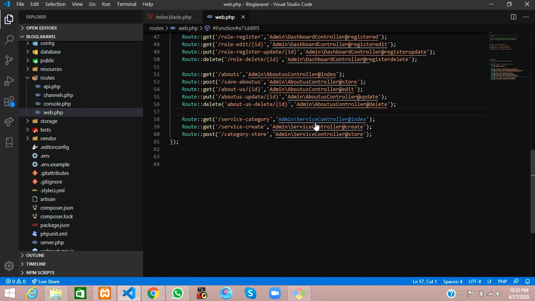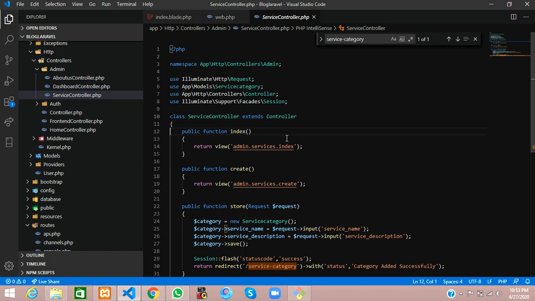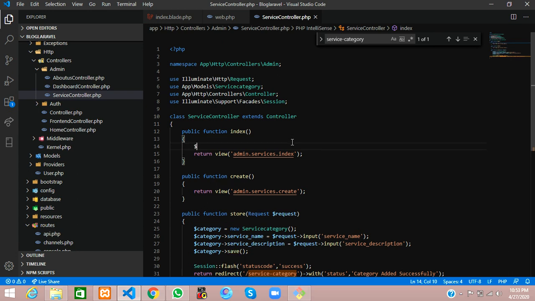We find this index page route, where we are viewing the page. In this only we are going to call that thing. We will create one variable called services, equal to our model.